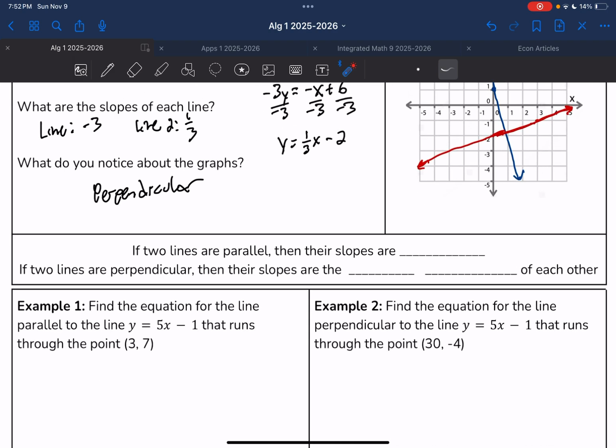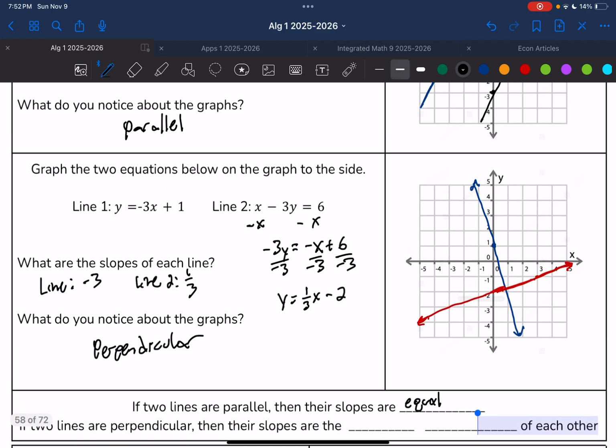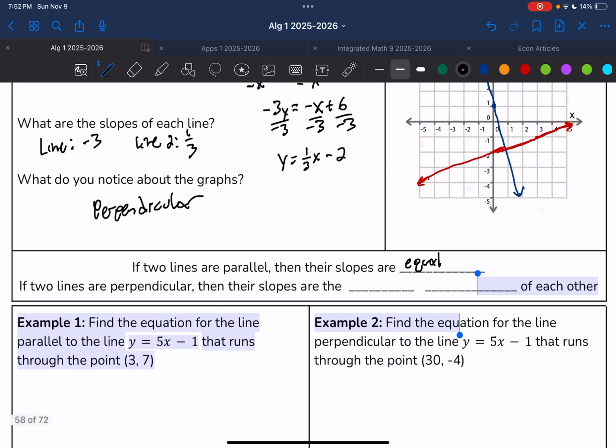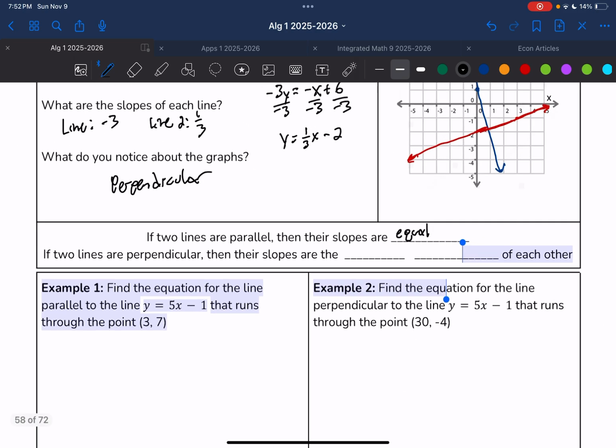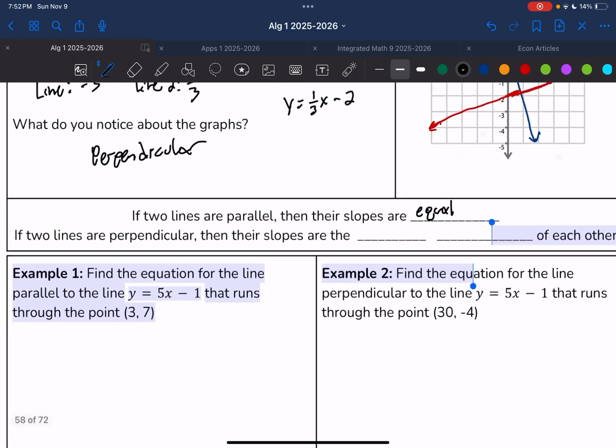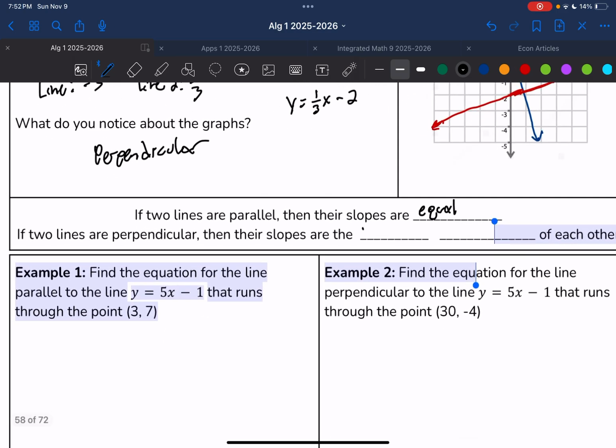And the reason for that is because if two lines are parallel, then their slopes are equal. Two lines with equal slope will be parallel to each other. We saw that up here. And if two lines are perpendicular, then the slopes are what we call the negative